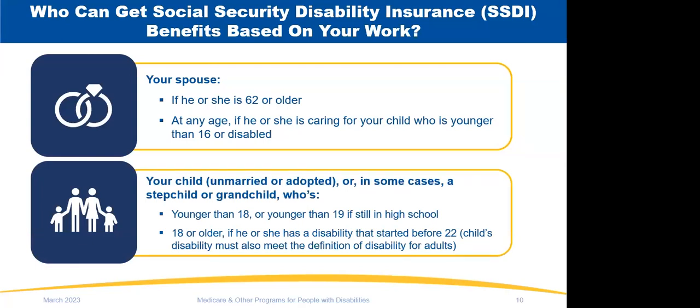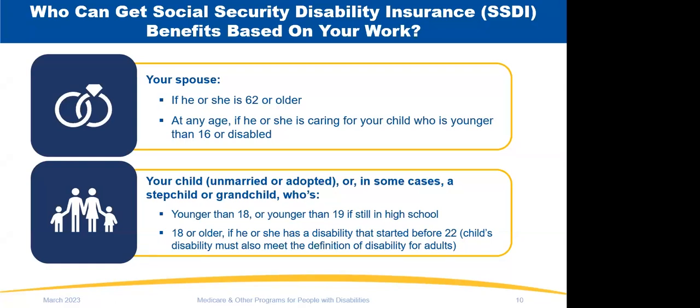We're going to talk about the child right now. If that child is the natural, adopted, step, or grandchild, we could possibly pay them benefits on that disabled individual's record. We can pay a stepchild on the record if we can determine that the disabled worker has been providing at least 1/2 financial support to that stepchild. We have a list of questions and proofs that we need to show that that 1/2 support has been met. We can pay a grandchild on the record only if both parents of that child are either disabled or deceased. Now, that child has to be unmarried and under the age of 18.